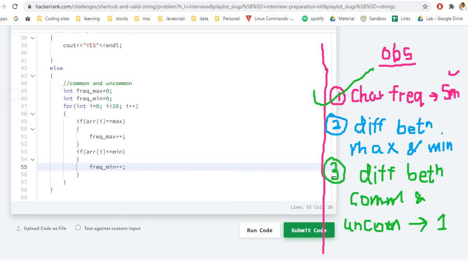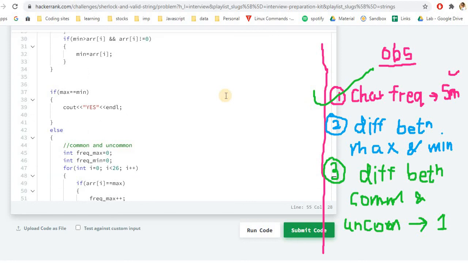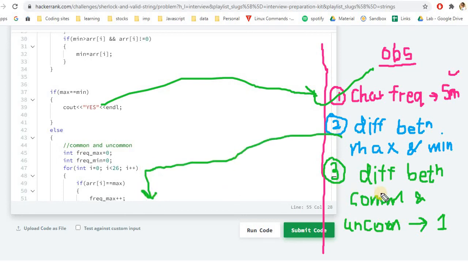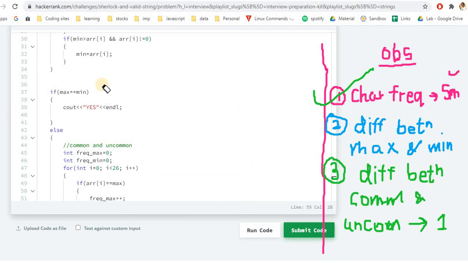So this was discussed basically here, so let me show you. It was discussed here, so this point was done. Difference between max and min, we'll find out right now, and the difference between common and uncommon. So let's find them. Let me hide this.